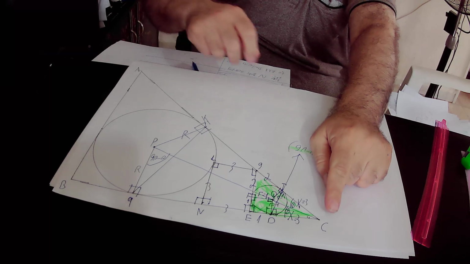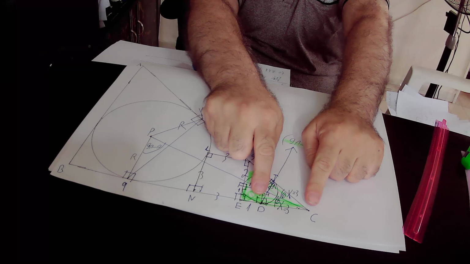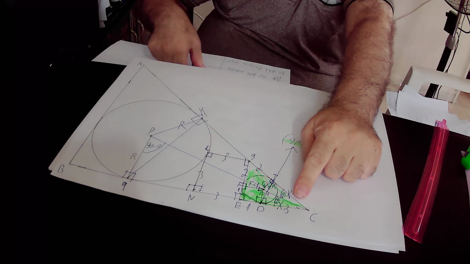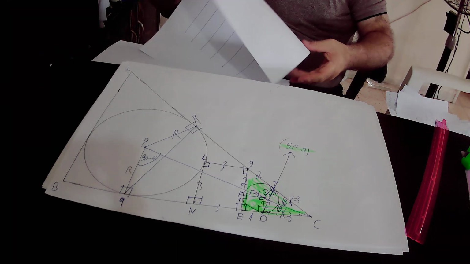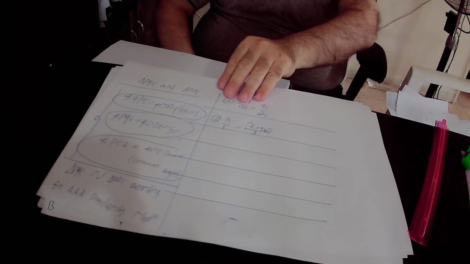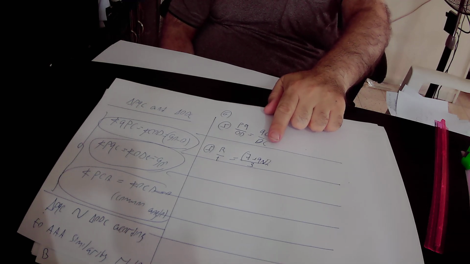What is the value of DC? DC equals x, that is equal to 3 units. So we substitute DC by 3. So in conclusion, according to equation number 1, we found out that R equals